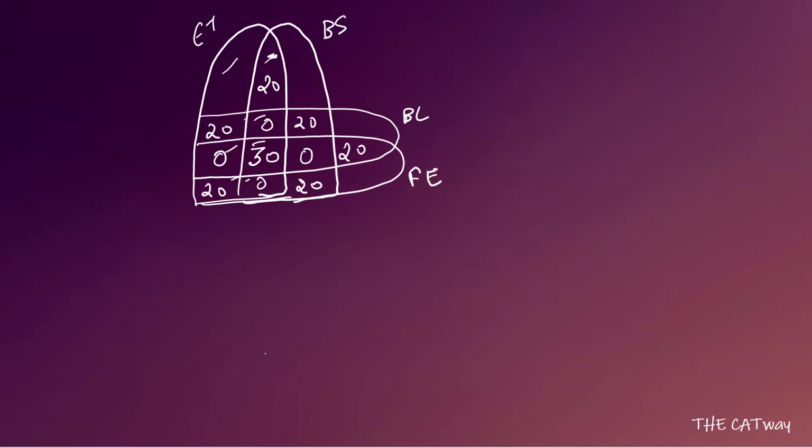Now out of these we know each and every block, so we only need this block. Because the total is 230 and we have been given all these values, we can subtract them from 230 to get the value of this one, only Economic Times. So let us add them: 30 and 20, 50, 50 and 40, that will be 90. So if 90 is subtracted from 230, then only Economic Times is read by 140 people. Similarly, we can calculate for Business Standard because we have to calculate only Business Standard.